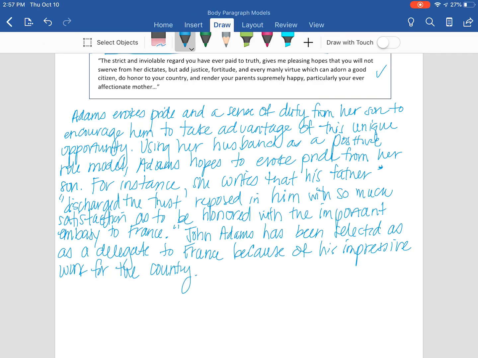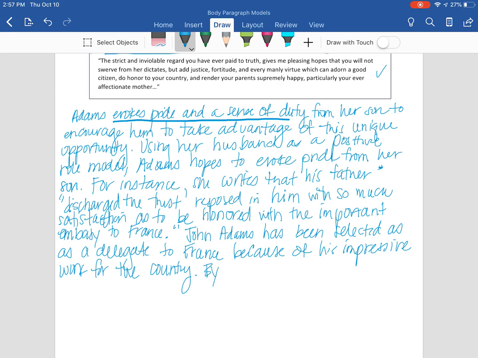Okay, so there I did step 1 of the checklist. I explained the context a little bit so it made more sense. Step 2 then is to connect back to my topic sentence, and in this case that means connecting back to my strategy first, okay? So I want to explain how this is going to evoke pride. So John Adams has been selected as a delegate to France because of his impressive work for the country,